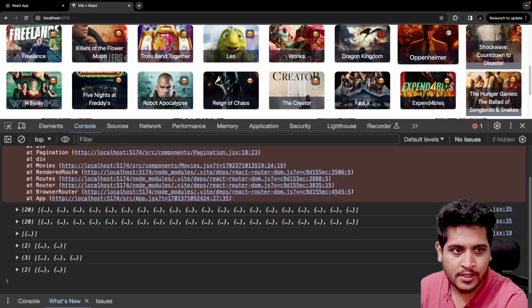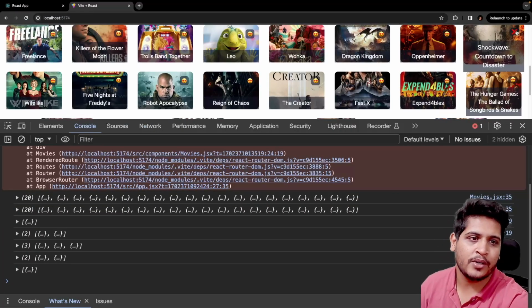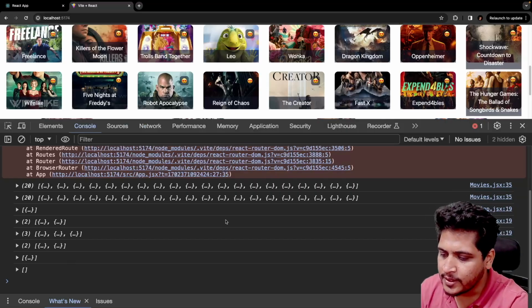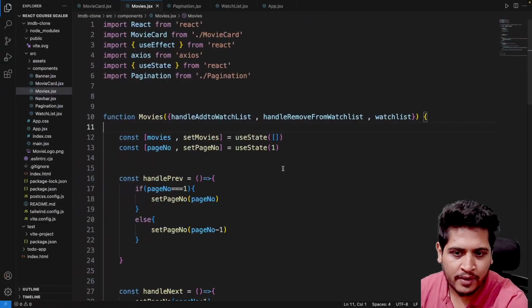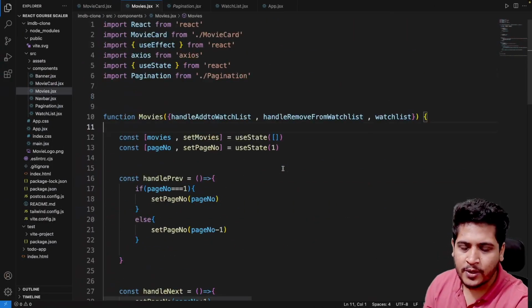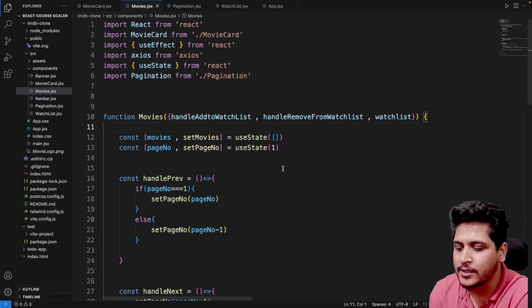Let's try to delete this. Yes, now we're able to delete our movies as well, right? So now your particular function is working, right? It was just that spelling thing which was not allowing you to actually use that function, but I've changed the spelling and now everything is working as it should, right? So this is how we can achieve the add to watch list functionality and delete from watch list